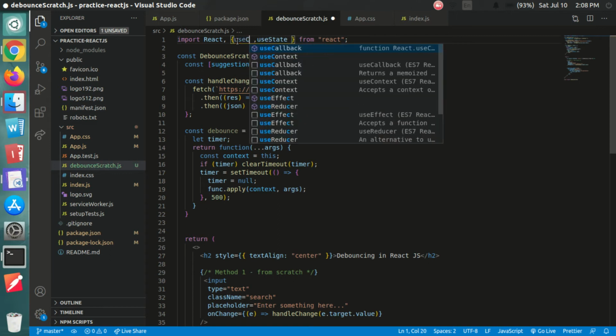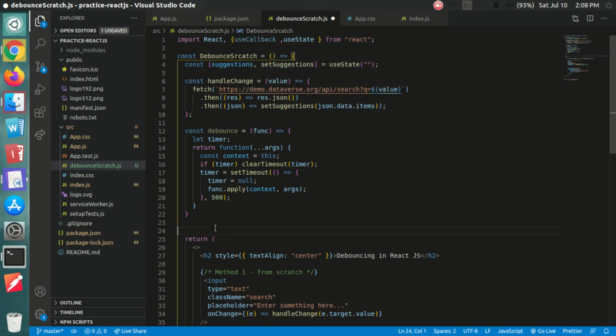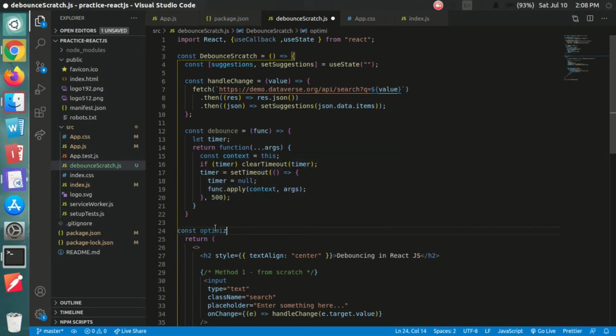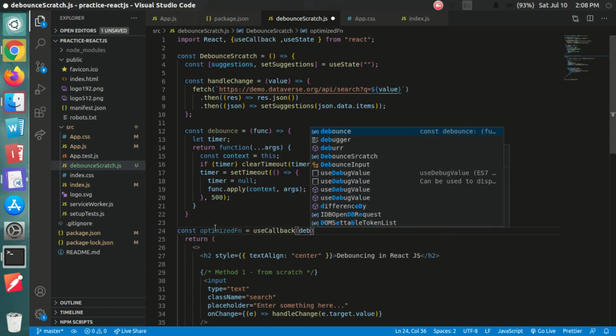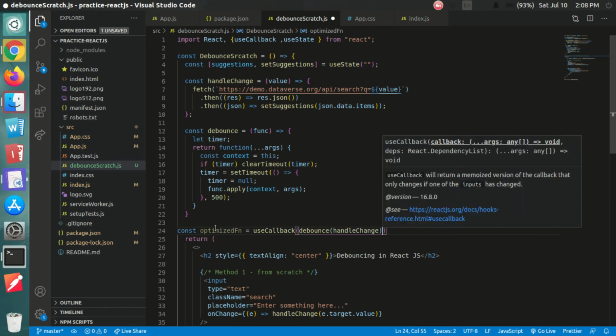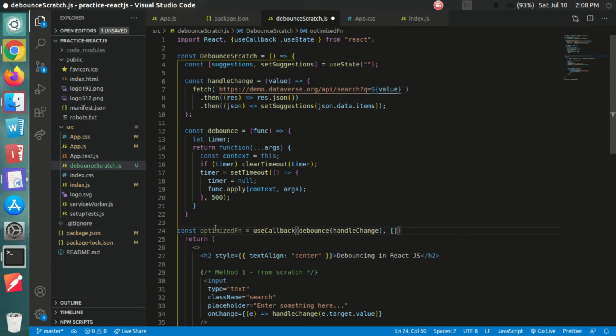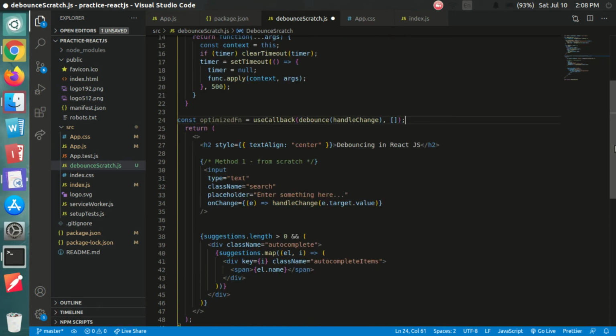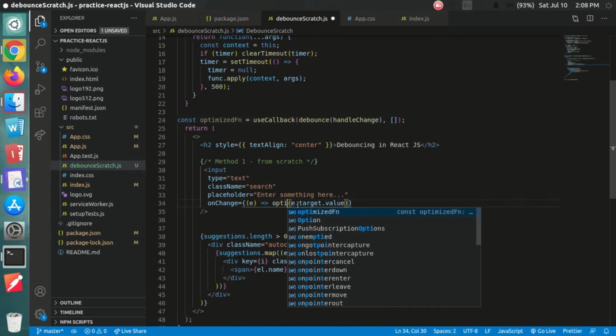So use callback, and here create, let's say, const optimized function, use callback, and here we'll call our debounce method and provide the handle change method as an input to it.